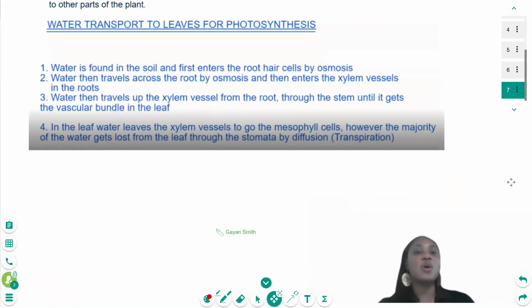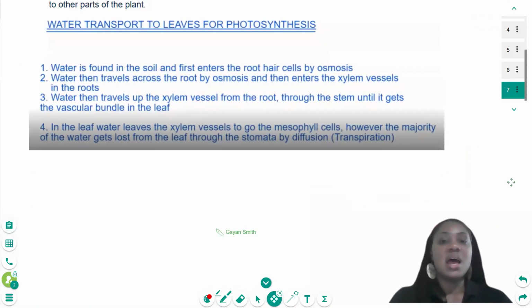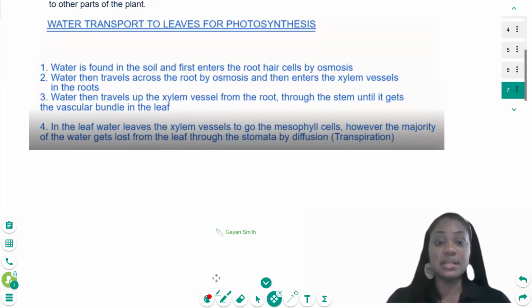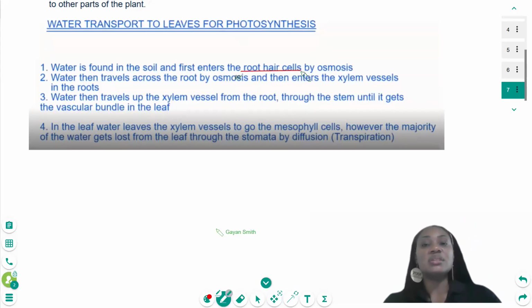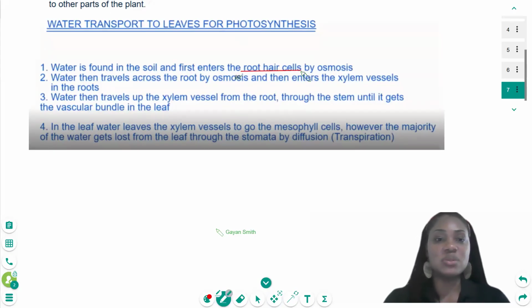So water is found in the soil. And the first thing is that water has to enter root hair cells. So of course, I'm going to be showing you a bit about the roots as well. We learned about the structure of the leaf, so now we learn about the roots. So water enters the root hair cells by osmosis. Then water has to travel across the root by osmosis before it enters the xylem vessels that are in the